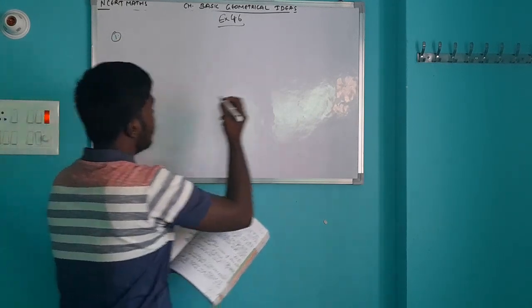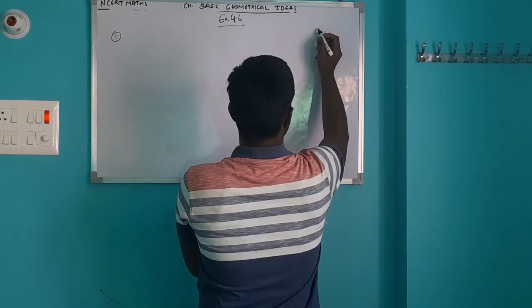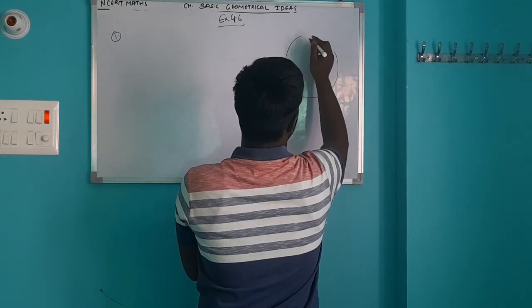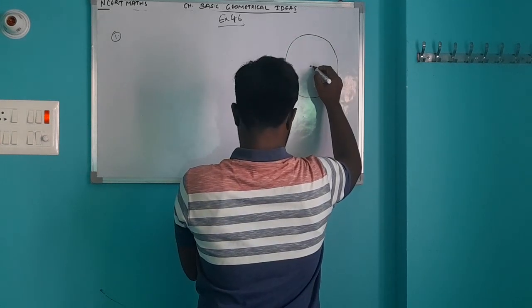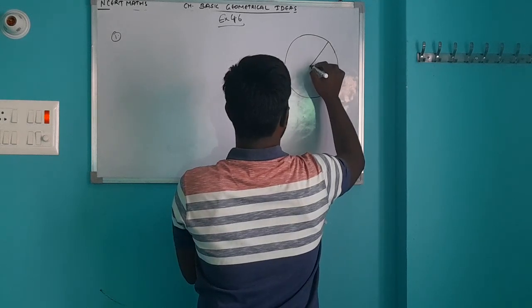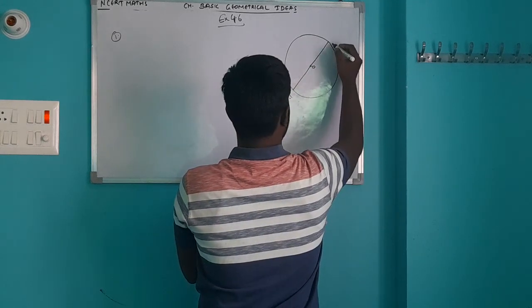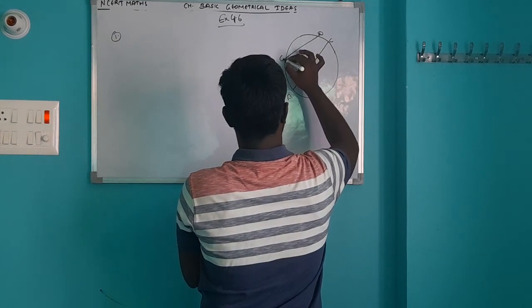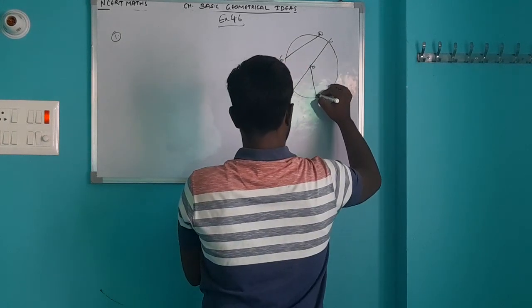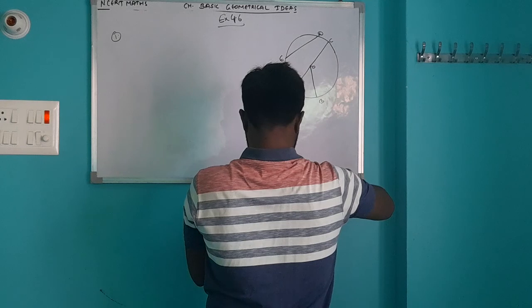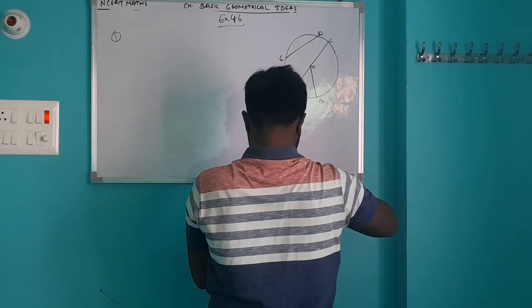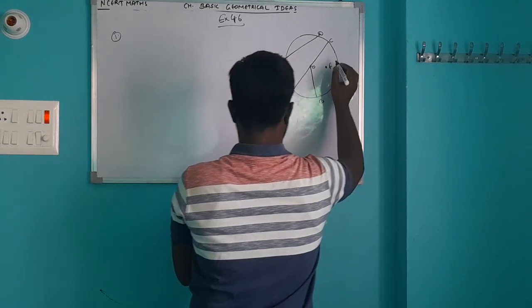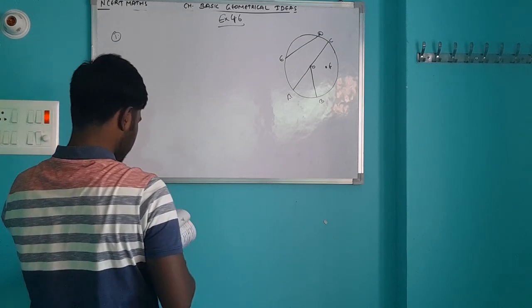So we have a figure like a circle, O, AC, DE chord, AB, and somewhere F also. So here we have several parts like